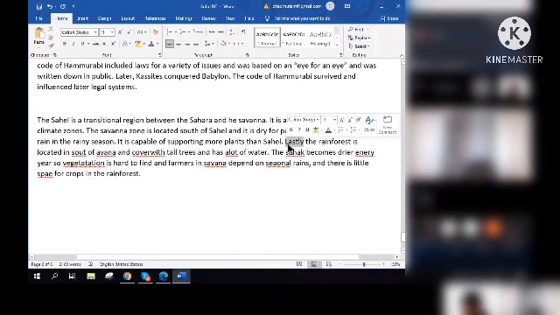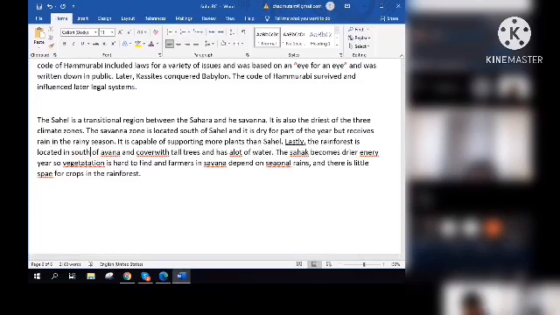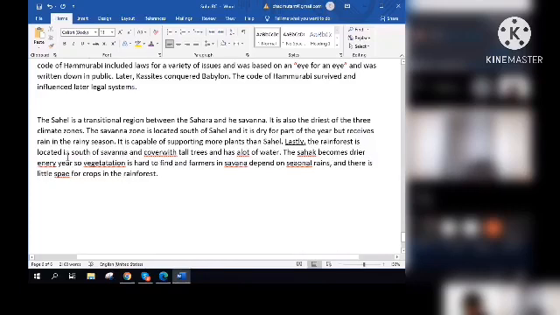Lastly, for this transition, put the comma. Lastly, the rainforest is located in the south of savanna.